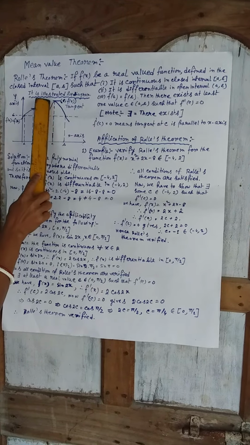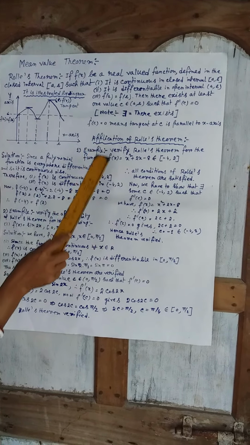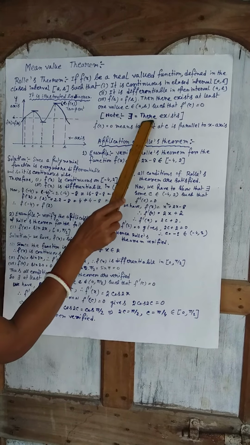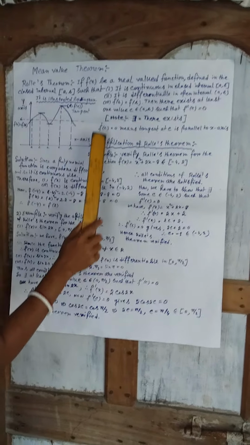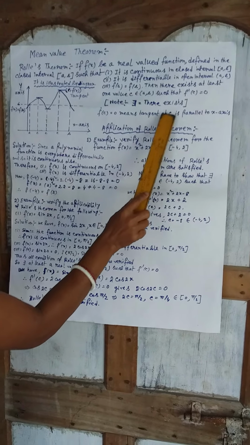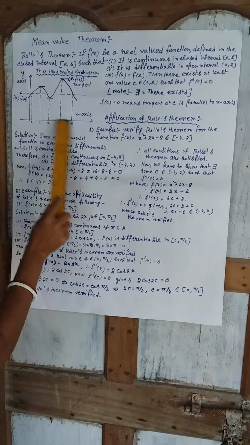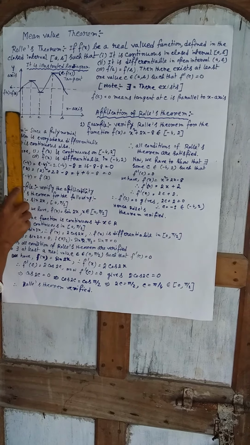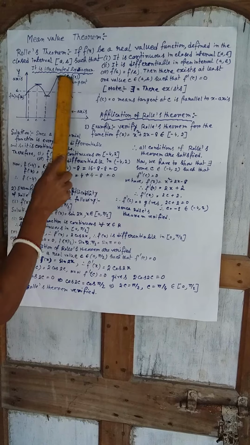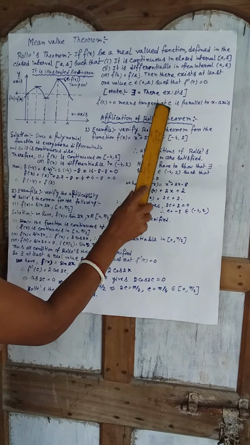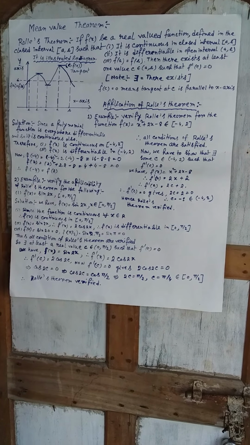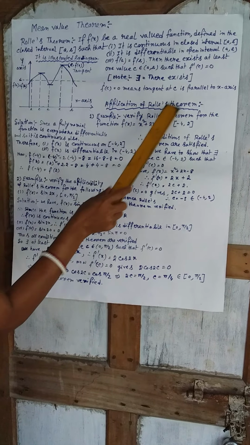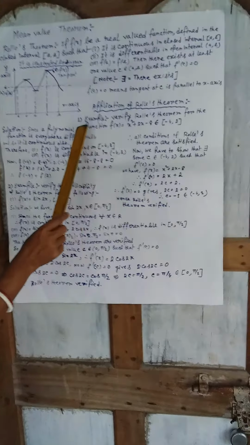Now this is the tangent. This is the notation of there exists c such that f'(c) equals 0. f'(c) equal to 0 means the tangent at c is parallel to the x axis. This is the x axis, this is the tangent. So the tangent at c is parallel to the x axis. Now the application of Rolle's theorem. First example is